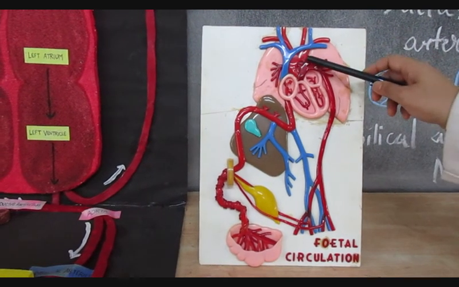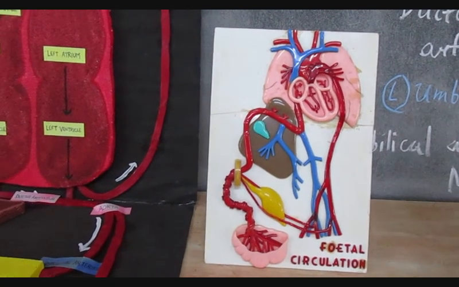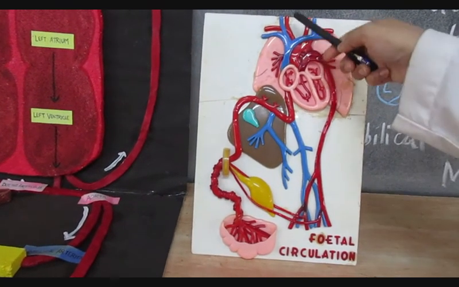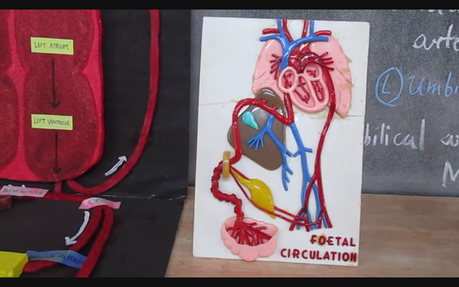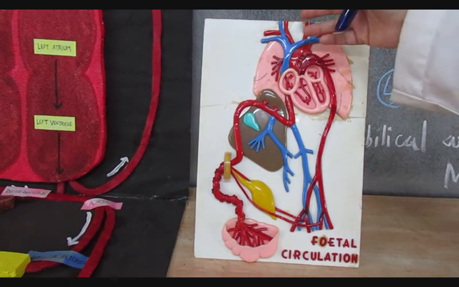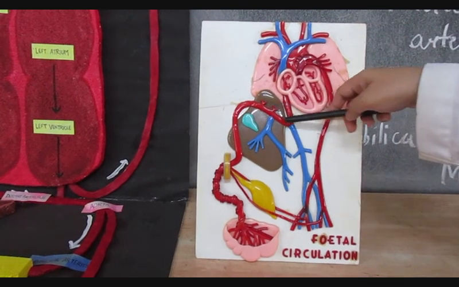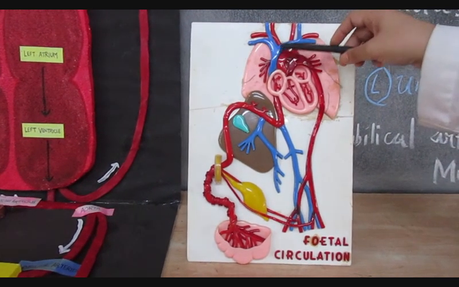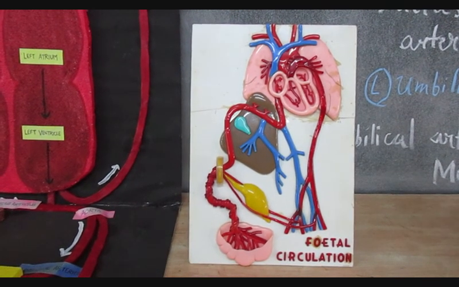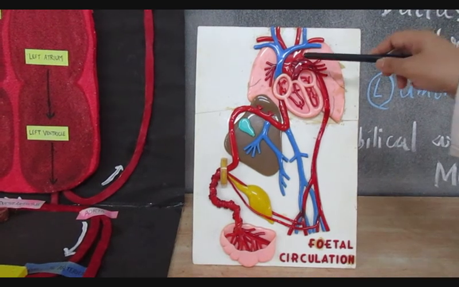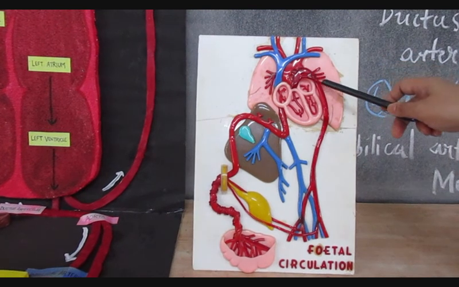aorta. So the aorta's proximal three branches, that is the branches from the arch of aorta, the left common carotid, left subclavian and the brachiocephalic trunk, are going to supply more oxygenated blood up till here, because it was directly the blood coming from the placenta and ductus venosus and all that. So this is much more rich in oxygen, so that the upper parts of the embryo, the head, neck, brain and the upper limbs are getting more oxygenated blood compared to the mixed blood which is beyond the ductus arteriosus. Okay, which is